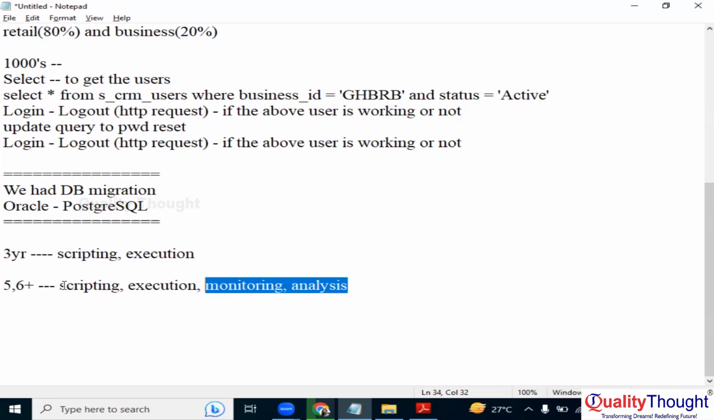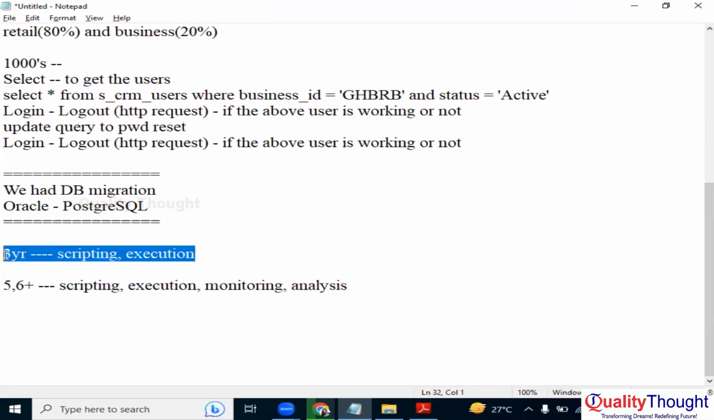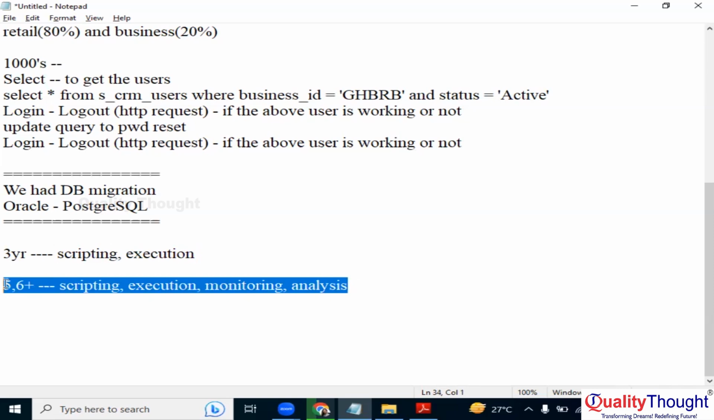Requirement gathering, test planning, test design, execution, monitoring, analysis, and reporting, everything you have to cover. So when your experience is increasing as a performance tester, you have to do end-to-end testing. Initially, as a 2-3 year candidate, you will be placed under a particular lead, and he will take care of things, and you will be mostly involved in scripting and execution. But going forward, definitely you have to handle end-to-end performance testing, because unlike functional testing, performance testing has very, very